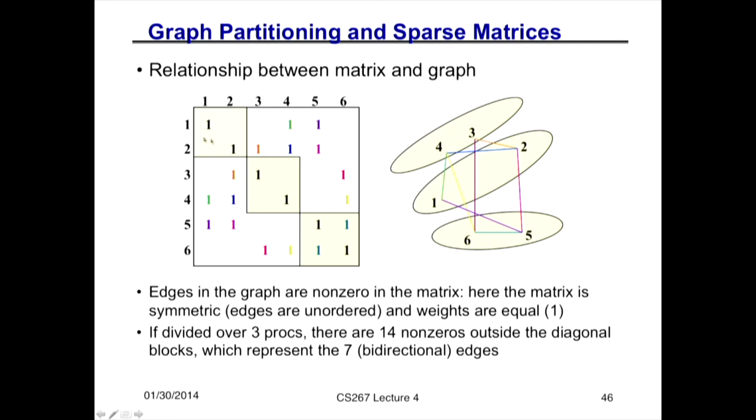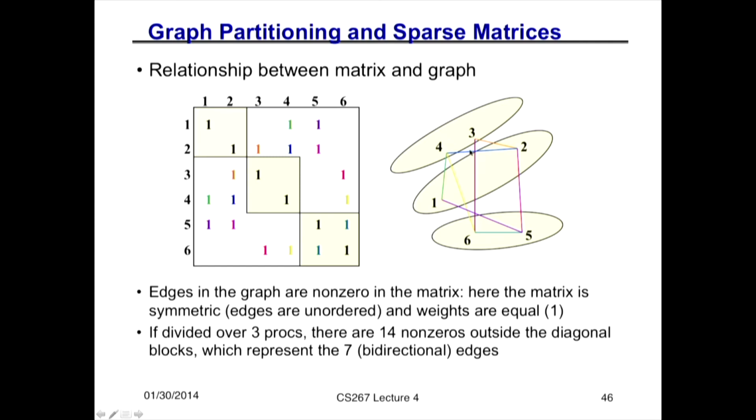So one processor owns rows 1 and 2. It's a processor that owns vertices 1 and 2, and so forth. So now that's load balanced, perhaps. It's balanced the number of rows right now. So let me look at the edges and see what happens there. This orange one, that's 2, 3, that corresponds to that edge from that processor to that processor between vertices 2 and 3. And that green one corresponds to that edge connecting those 2 processors between 1 and 4,